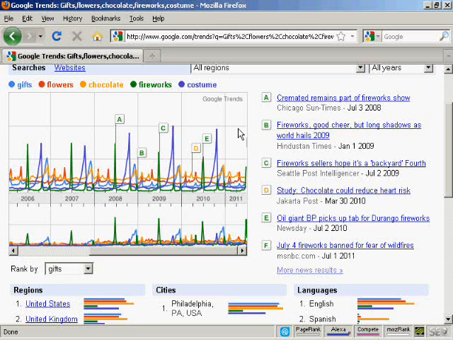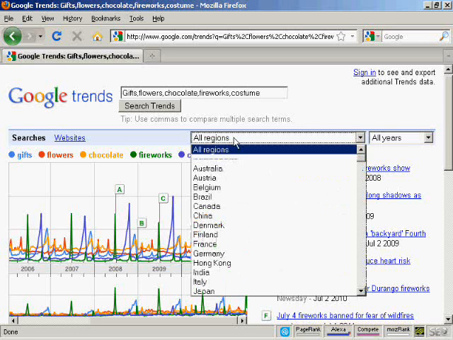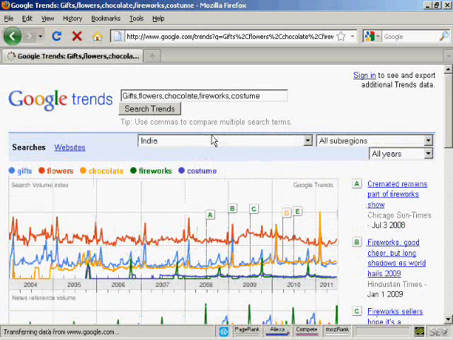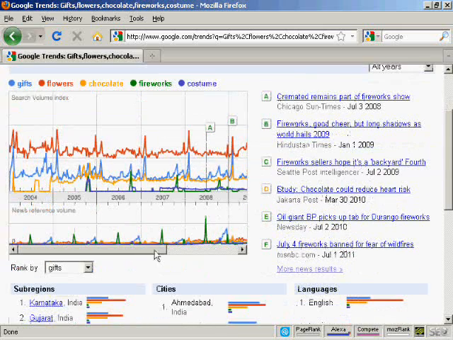But you can also use this to analyze trends and show where your product or service might be better aimed at a specific place at specific times of the year. Now, let's say we change this. Let's say I look at the search volumes for India, for example. We can see, if I just scroll down here,